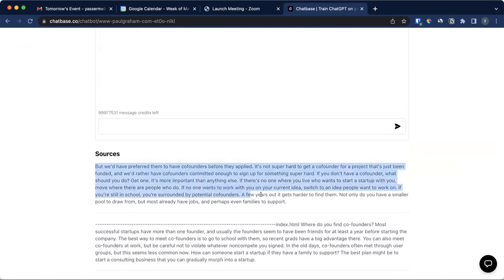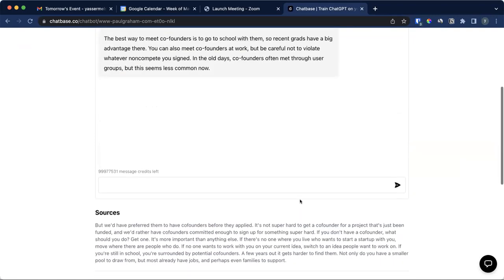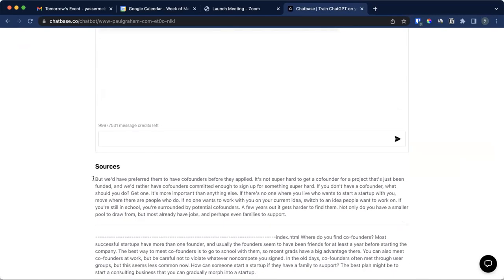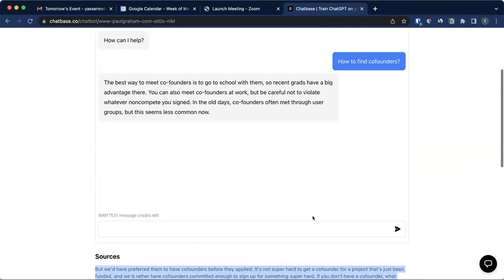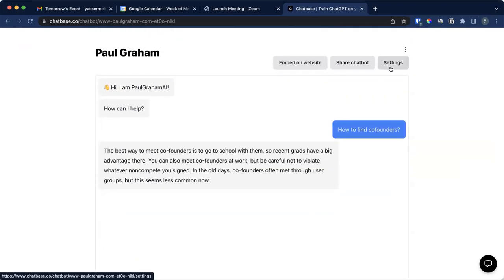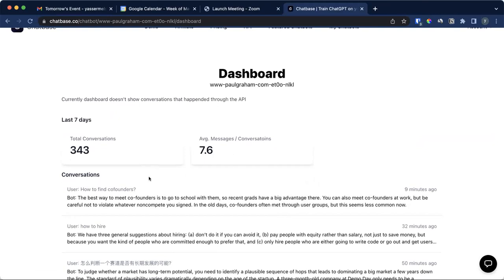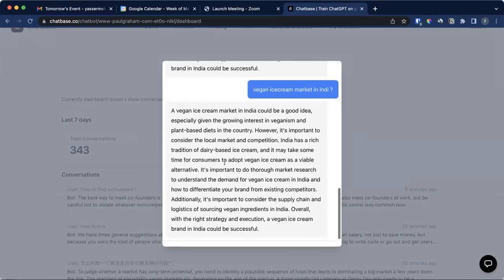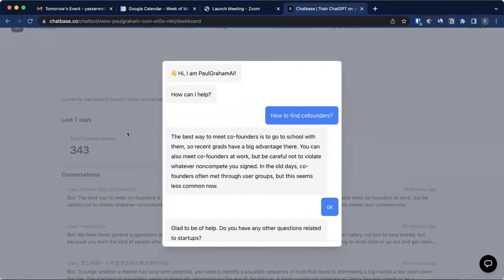And here it shows you all the sources that Chatbase used to come up with this answer by using vector embeddings. So these sources are stored in Pinecone, basically. And yeah, what I was trying to show you guys is the dashboard. So if I come here, I own this chatbot, so I can see the conversations they had with it. And if you own a chatbot on Chatbase, you're going to have your own dashboard, and then you see the conversations. So this is one of the conversations that people had with Paul Graham on Chatbase.